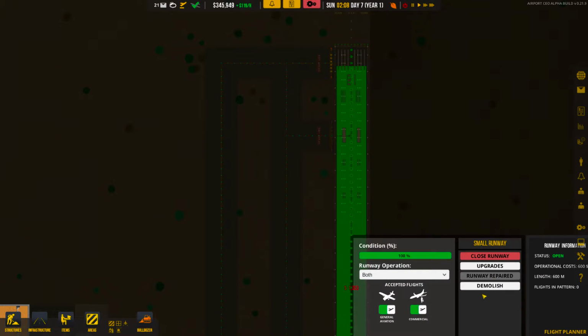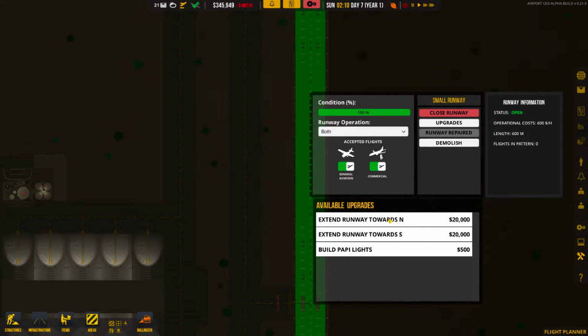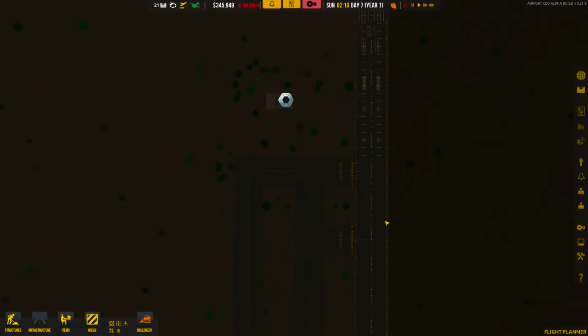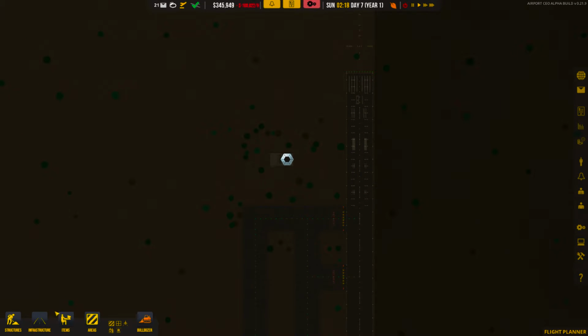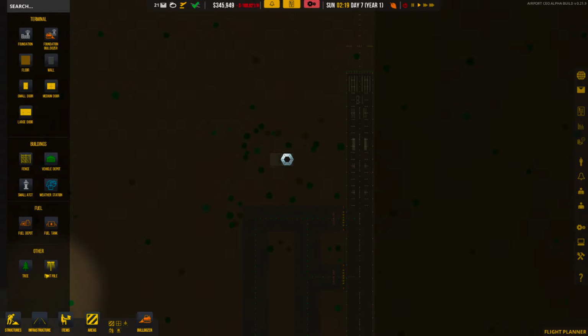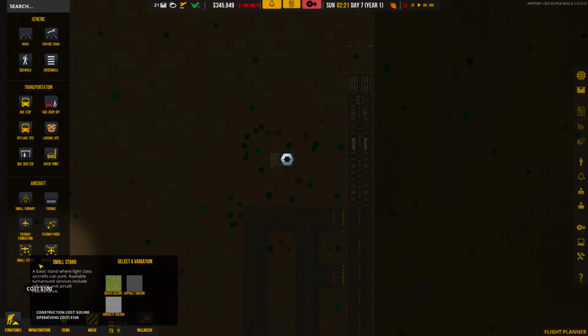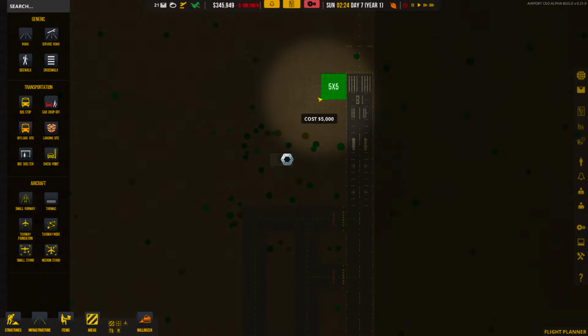Let's upgrade this, and let's do some upgrades to this runway here. Let's extend it to the north. Oh my, I didn't realize I was doing it quite that much already. Okay. So we definitely have increased the area there, and I'm going to need to add on some new taxiways to better accommodate our brand new area